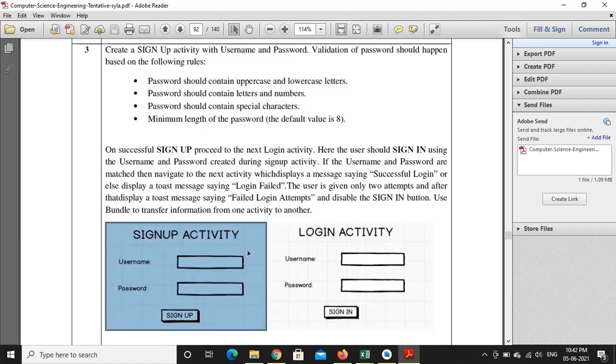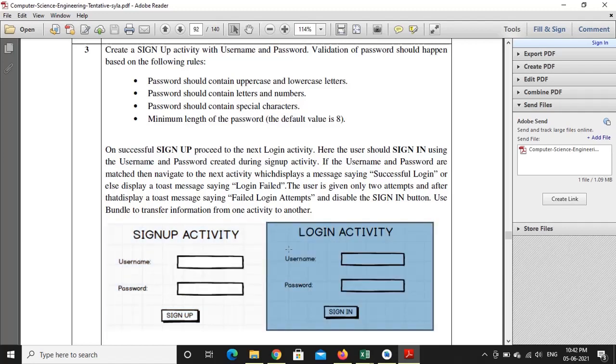This is the design of the sign up activity, and this is the design of the login activity.